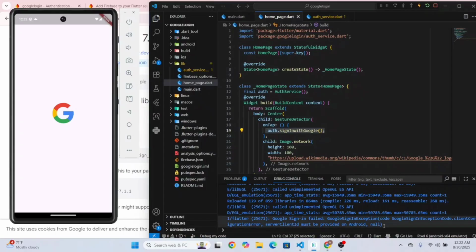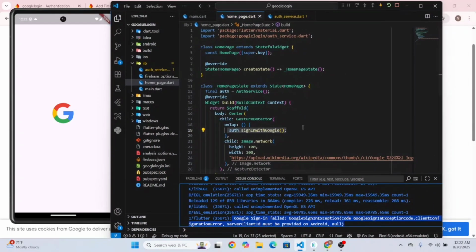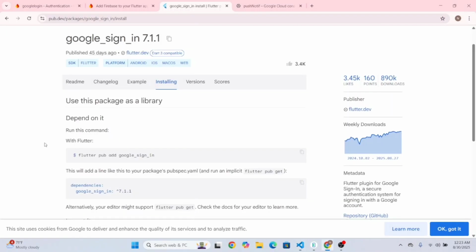Now let's click on it and we'll get this error: Google sign in failed. We have to provide the server client ID. Okay, so